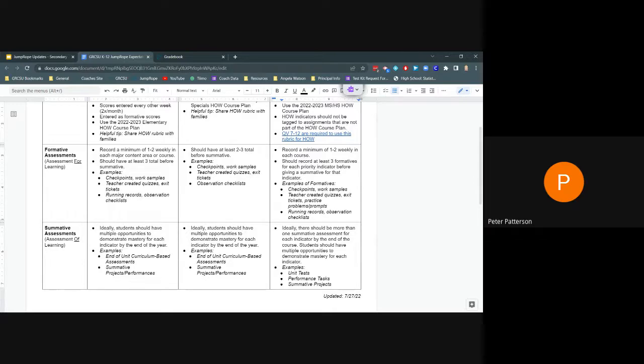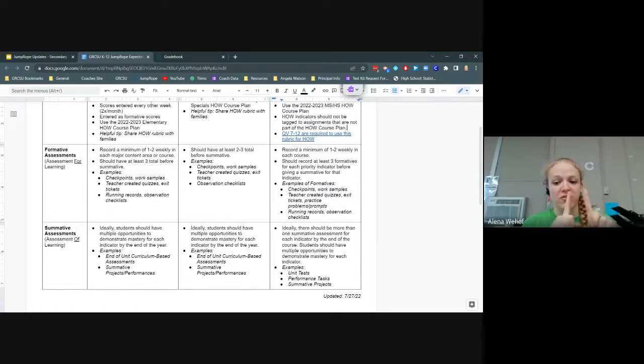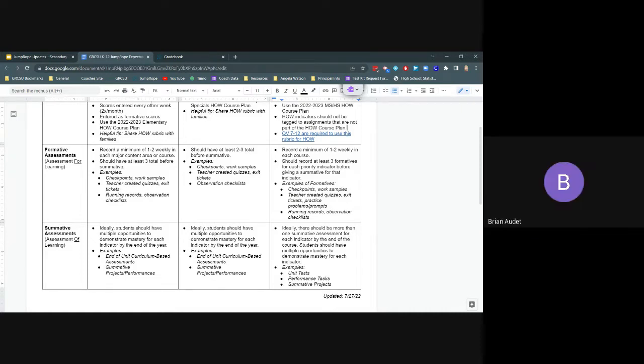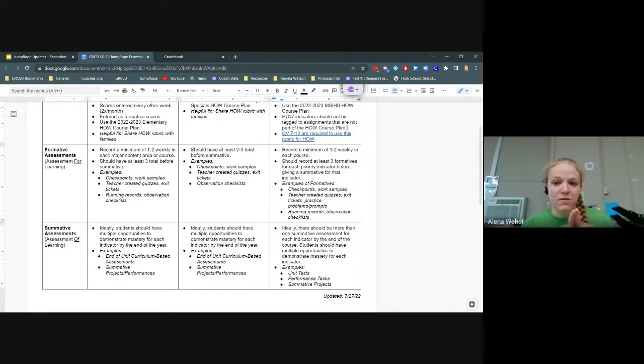So, in other words, say I've chosen 2 power standards or 2 indicators for the summative. That means I have to have at least 6 formatives, 3 per each. No, because you can have a formative address multiple. If you give a formative that looks at both indicators, then you could do just 3. Okay. Yep. Thank you. The idea is we want to make sure that students have a chance to practice and see how they're doing before going on to a summative. So the expectation is to have at least 3 formative experiences before they go to a summative.